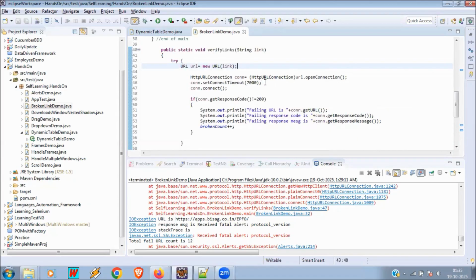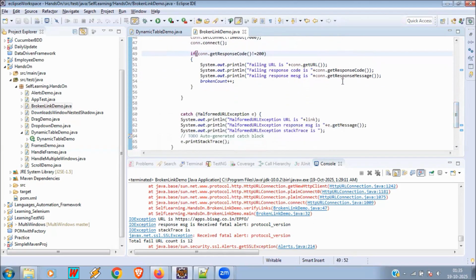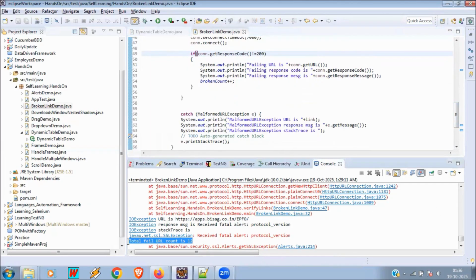Then we set the timeout. If some URL is not opening for 7 seconds, then a connection timeout will happen. We saw for some URL there was a connection timeout. Then eventually we connected to the URL, and then we checked the response code. If it is non 200, we will display it, and our code found 12 such URLs in which the response code was